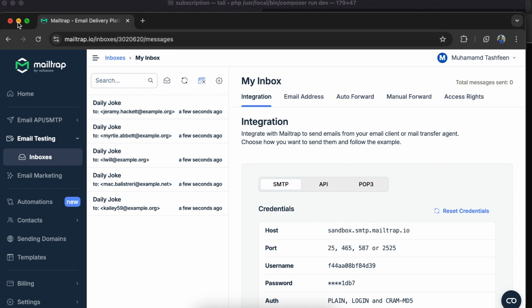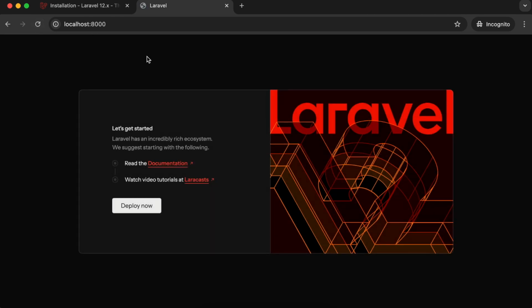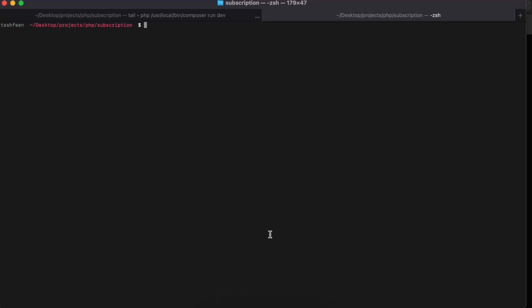subscription management in Laravel. So I have a fresh Laravel 12 project, and we are using the SQLite database, and I have installed nothing else than what comes by default with Laravel. And from now on, we will start building our subscription management service or app, whatever you want to call it. And this subscription is about the jokes. So daily jokes or weekly jokes, whatever you like. But it's going to be how we can build an application or service that can provide jokes to users who have subscribed to it. So in order to do that, what I would like to start with is a model